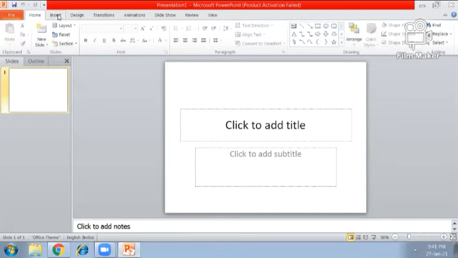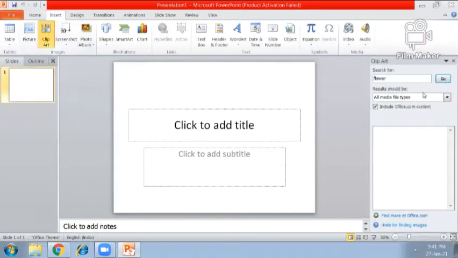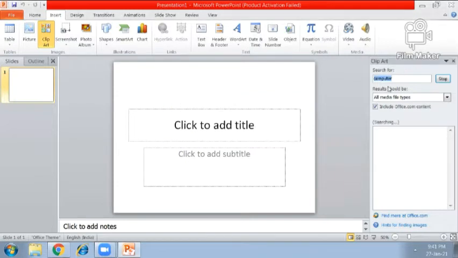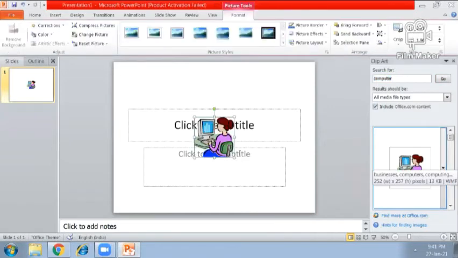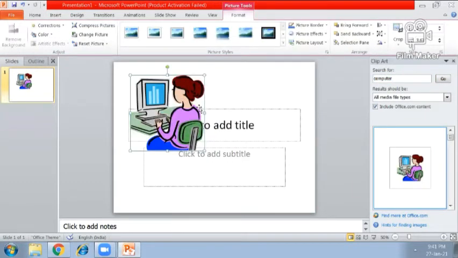We have learned how to insert clip art from the clip art window. Whatever you want as a picture, you have to write in clip art window text box, and the picture will be present on the screen on the current slide.